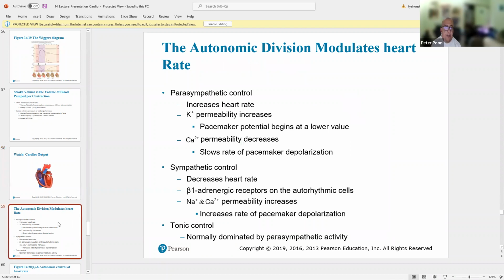All right. Next thing, the autonomic division modulates heart rate. I think that's one of the best things you understand about the autonomic division. But basically how we tinker with the heart is the autonomic nervous system. Normally it's under parasympathetic control, which